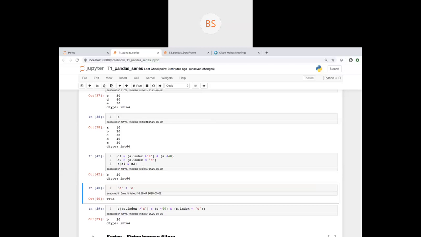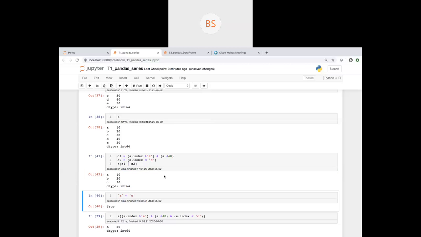So the point is that no matter what your logic condition is, you can use the operators instead of a single condition. You can do and, or, not. You can make it or also. So it's up to you how you want to execute. Or instead of that, you can have a single condition also. If s dot index is between a and c.